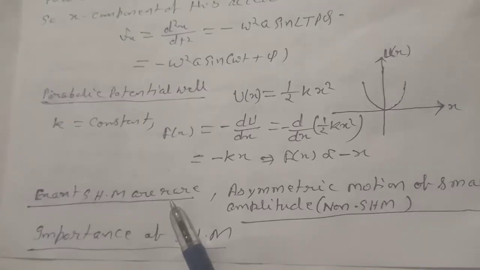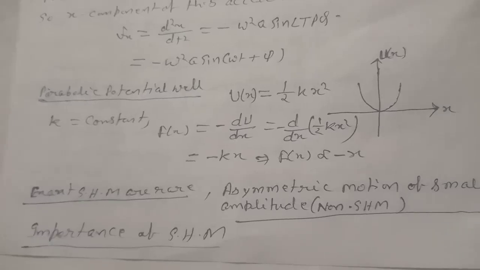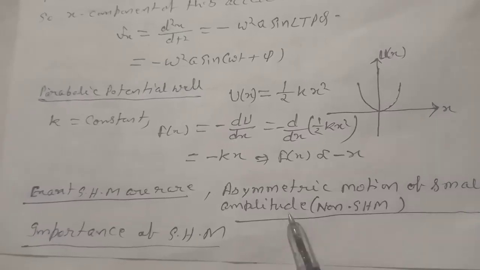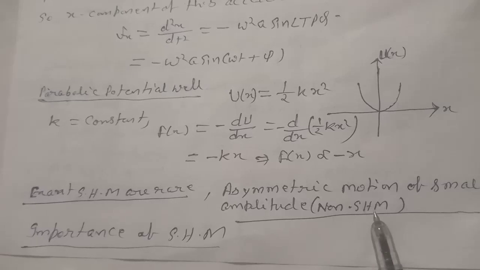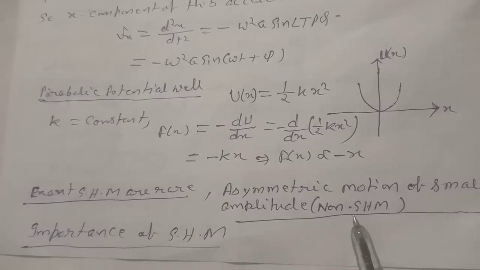Now, a symmetric motion of small amplitude, that is non-simple harmonic motion. In simple harmonic motion, the amplitudes are equal on both sides of the equilibrium position. When this is not the case, the motion is not simple harmonic motion. However, a small